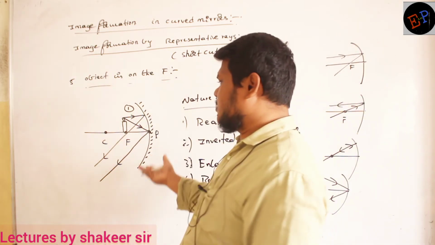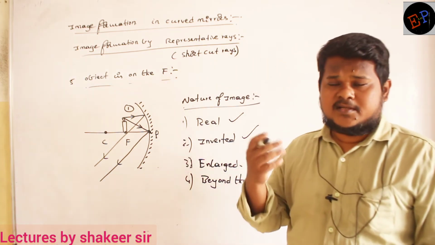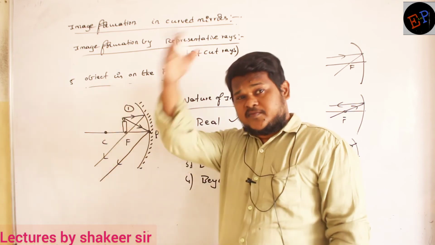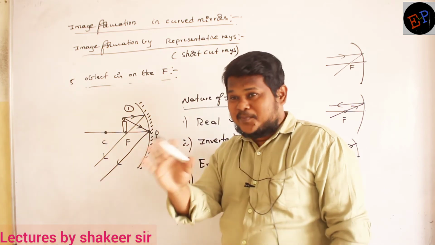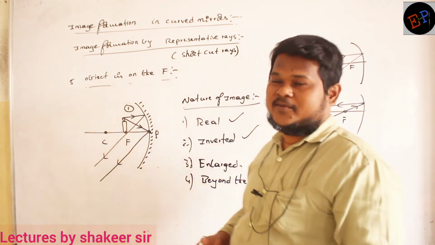So this is the same technique which is used by magicians also to disappear objects. That we will study in lenses. Clear, ma? So they will make the image form somewhere at infinity. It means you cannot see that image. It appears as if the image has disappeared. Okay, ma? So that is one of the tricks of a magician.